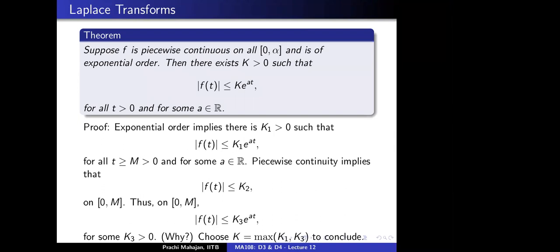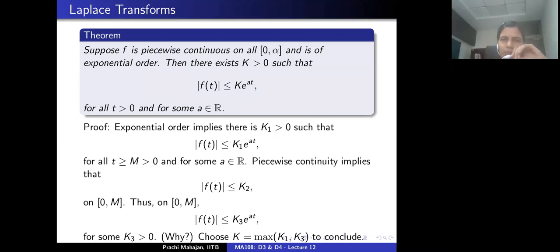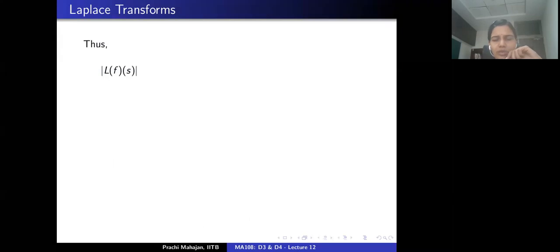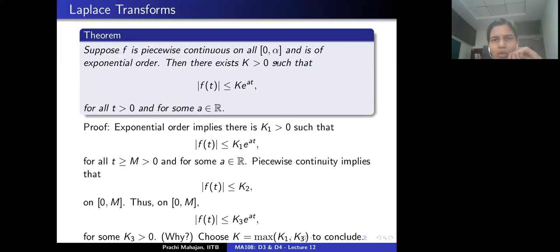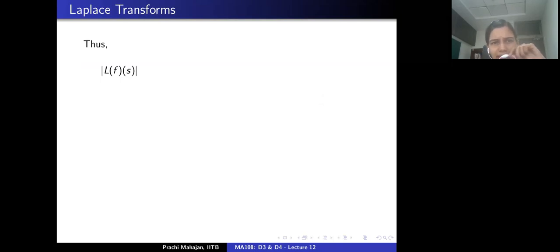All right. So a small observation, but it has one important consequence, which is what I want to discuss next. If f is piecewise continuous on the interval 0 to alpha for every alpha positive, and little f is of exponential order, then this observation says that f satisfies this growth condition everywhere on the interval 0 to infinity, which means that the Laplace transform of the function f, which is by definition this improper integral, right?